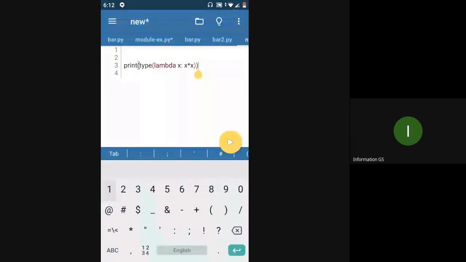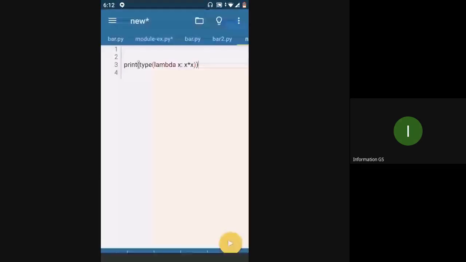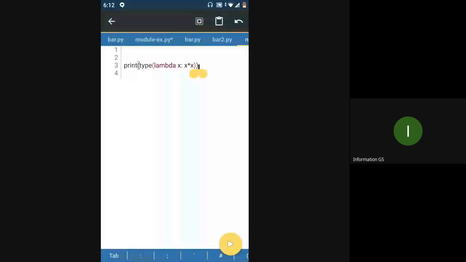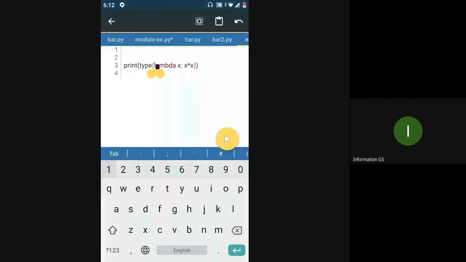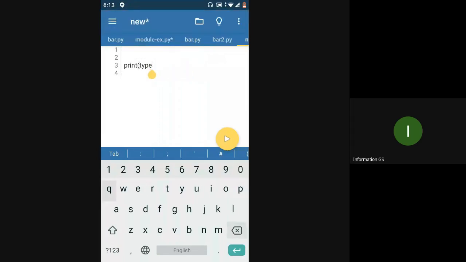We can see here that it's a function, which means this small lambda syntax returns a function. That's why it's called a lambda function, and this function has to be saved in some other place. So we use a variable to store this lambda function,